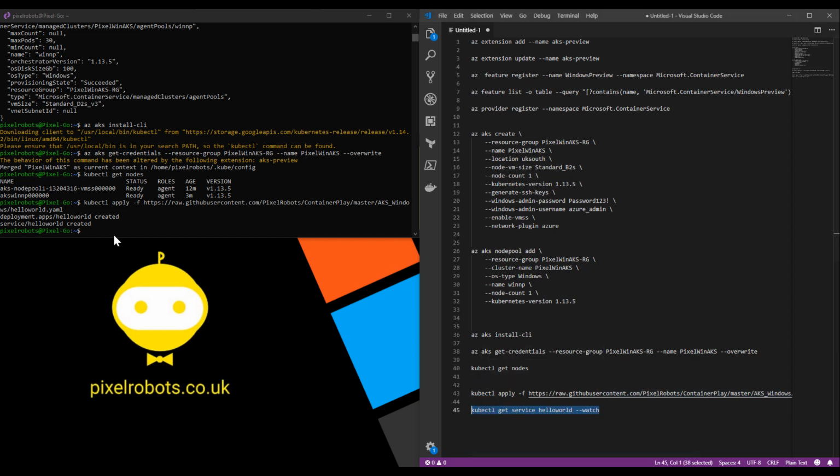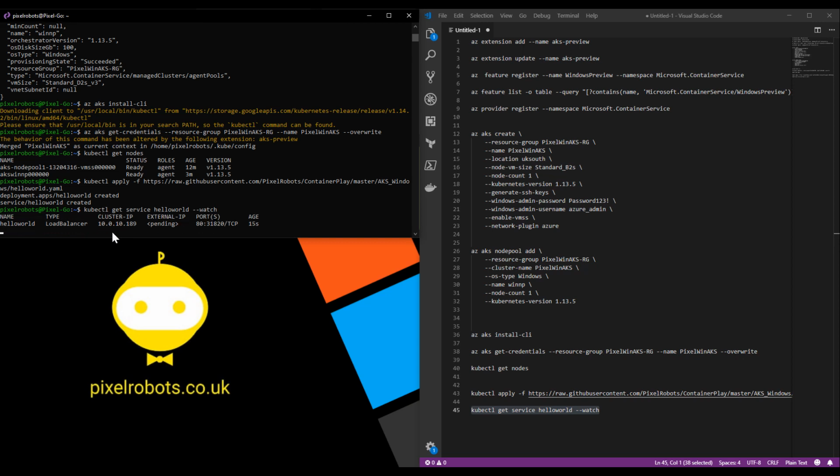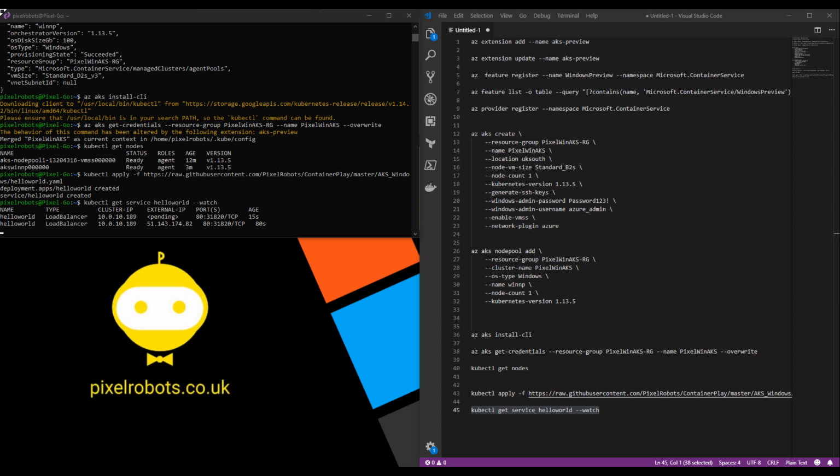To get the public IP, we can use the next command, which is get service hello world with the switch watch. This will basically keep watching this resource until the external IP changes. It can take a little while depending on how busy Azure is, I've noticed. So we just wait for that to happen. There we go. We've got a nice public IP address for our website. So I'm just going to Control-C out of this,